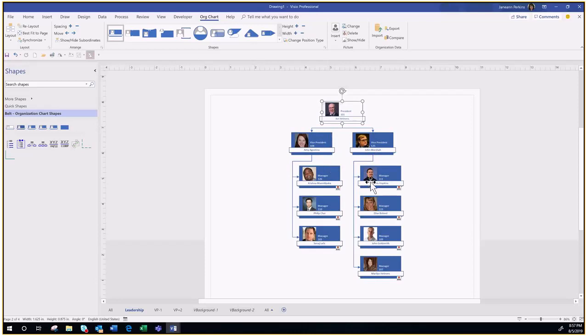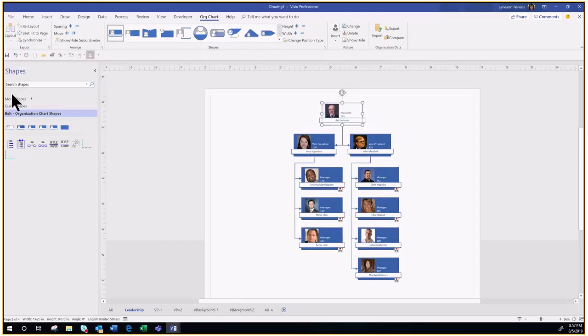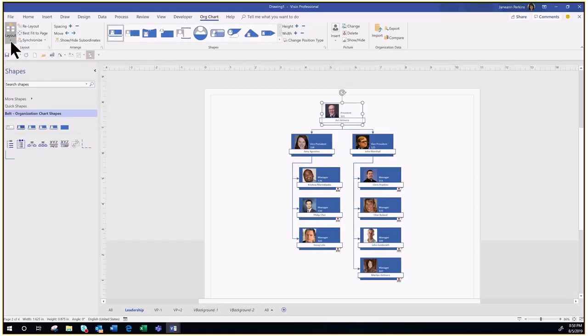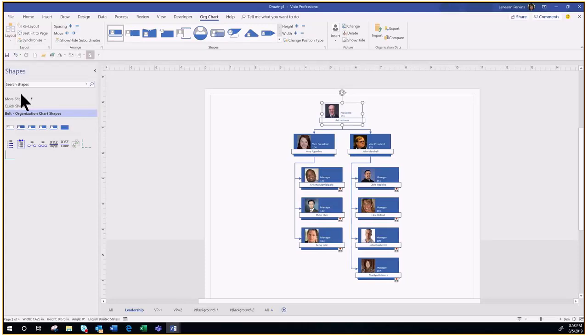At this point, we could make the vice presidents in some different layouts here, but let's just click on the topmost and make sure that we have a side-by-side look. We could also do the layout of maybe something else. You can play with the layout a little bit here on your side-by-side. It looks pretty good, but I'd like the lower subordinates of the 2 VPs to be a little bit more spaced out